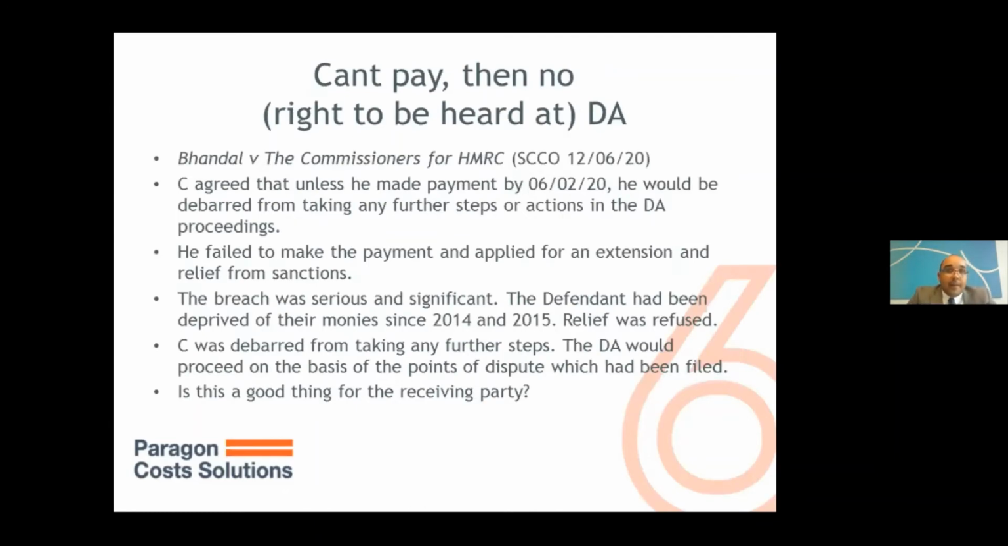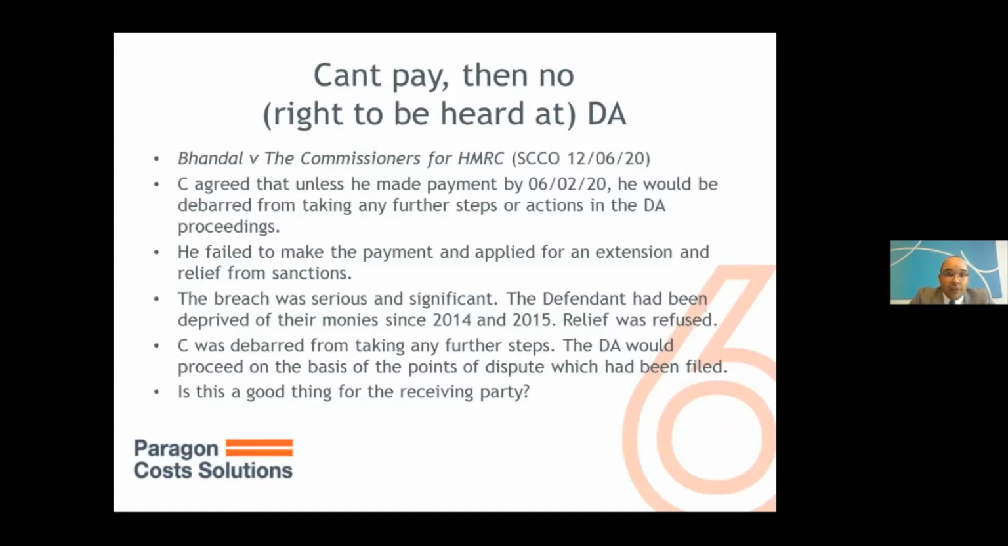I want to deal with this case of Bandal versus the Commissioners for HMRC. It was an SCCO decision from June this year. The claimant agreed, and it's important I stress that the claimant agreed to the terms of this particular order. It wasn't imposed. But the claimant agreed that unless he made a payment on account of costs by the 6th of February that year, he would be debarred from taking any further steps or actions in the detailed assessment proceedings. And that is the type of unless order that a party could seek in the absence of a payment being made. As is perhaps obvious, he failed to make that payment, and therefore he applied for an extension and